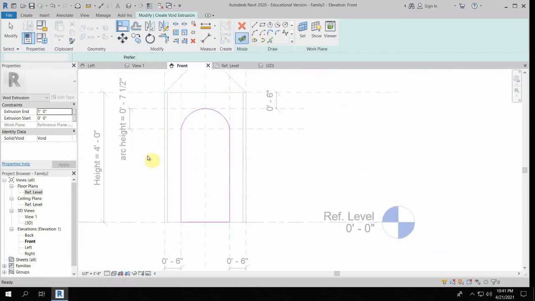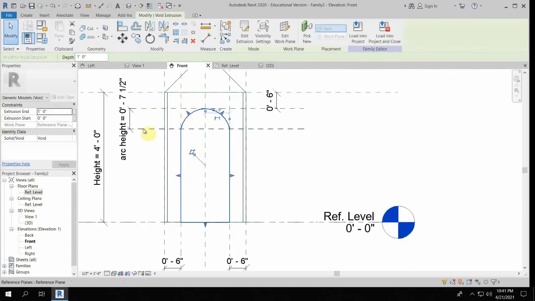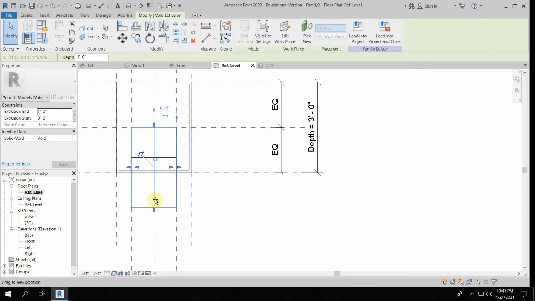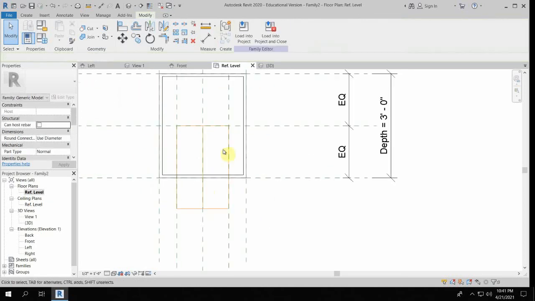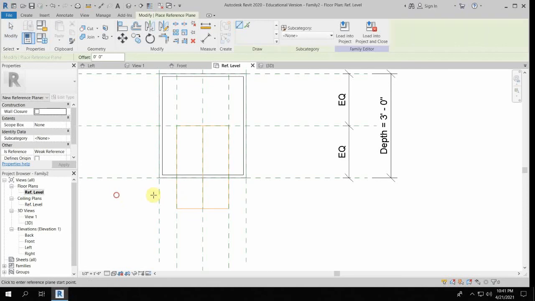Okay, click the green button. The extrusion distance we're still going to have to fix. So I'm going to go into my ref level. I want this to come out past this top, and just to make sure that it will always be related to that wall, I'm going to put into my reference planes,